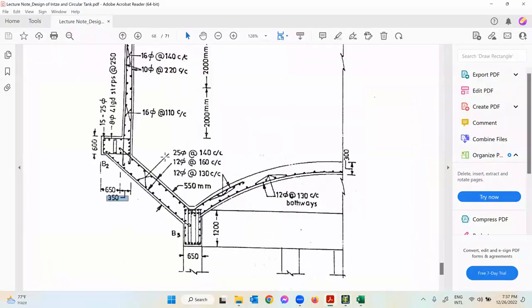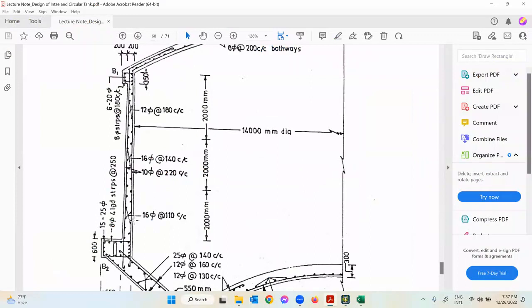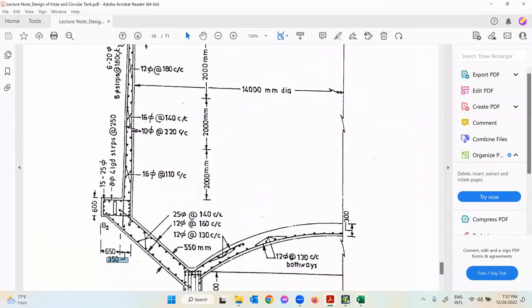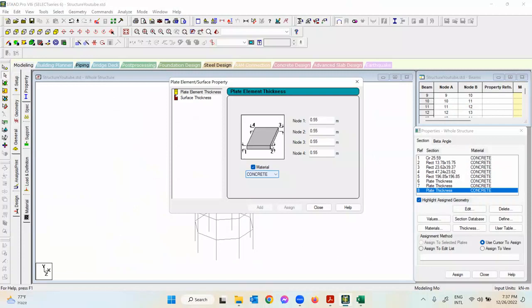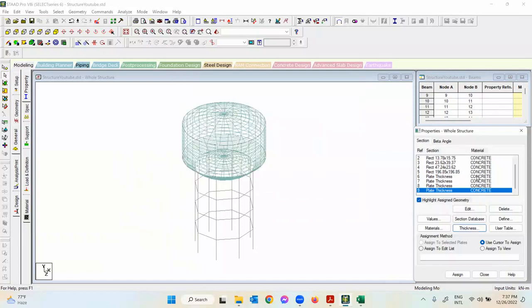vertical cylindrical wall, which has a top thickness of 200 millimeter and a bottom thickness of 350. So let me put it this way: 1, 2 is the bottom dimension, and 3, 4 is the top dimension. So I will use 1 and 2 as the bottom dimension. That means 0.35. Okay, and this one will be 0.2 and the fourth one will be 0.2. Let me put it this way. So add. Now close it, and now, as I have defined all the sections, I need to